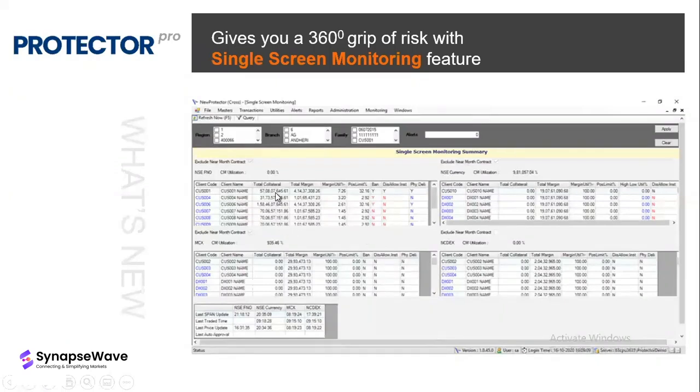And in this, you can see what is the total collateral or total margin, what is the margin utilization, what is the position limit percentage. That position is also shown over here, plus the ban or disallowed instruments or physical delivery. See, all these options have been considered. If any client has traded and we don't know whether that is in physical delivery, in this system it will show you this client has traded and he's going into physical delivery. And if you want to reduce his position or collect any further margin, that will be very handy